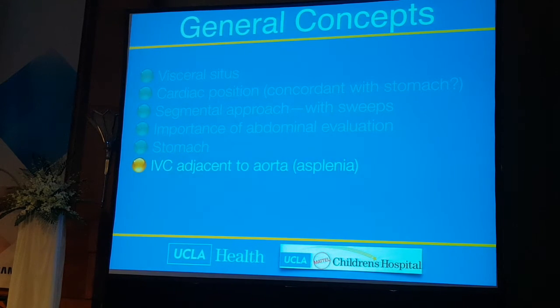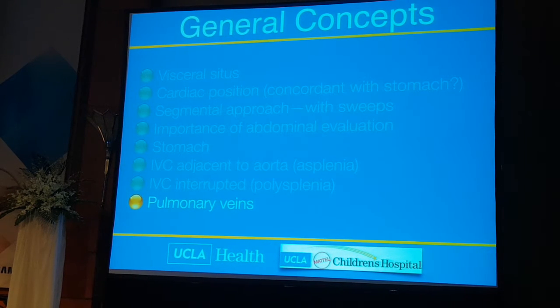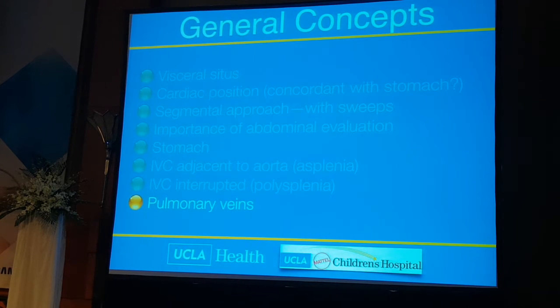The IVC can be present but adjacent to the aorta, so more posterior than normal with asplenia. Of course, IVC being interrupted is very suggestive of polysplenia. And the pulmonary veins, very important to look at because often there's abnormalities of pulmonary veins. And sometimes this can be tough to see early on, so it's important always for these patients in particular,